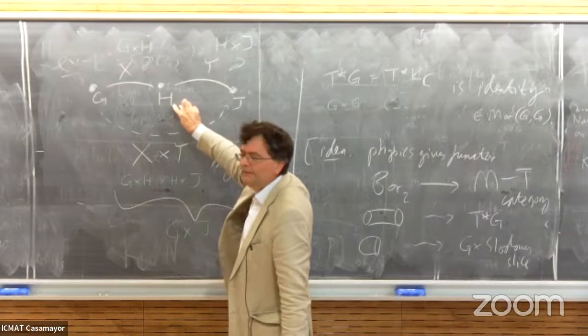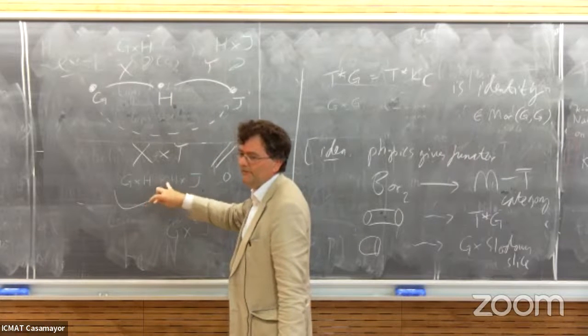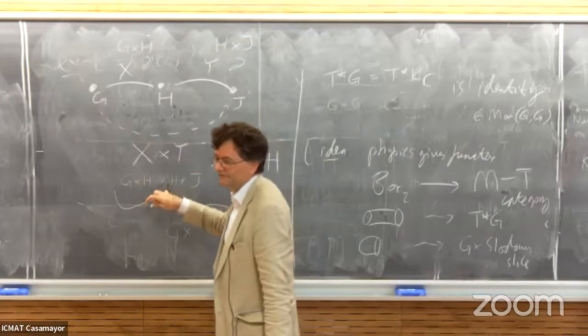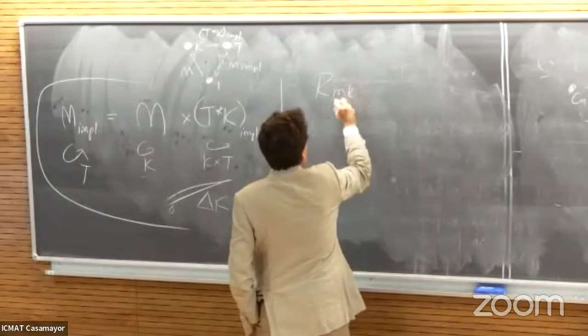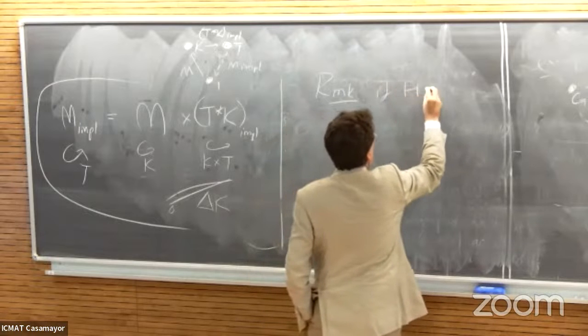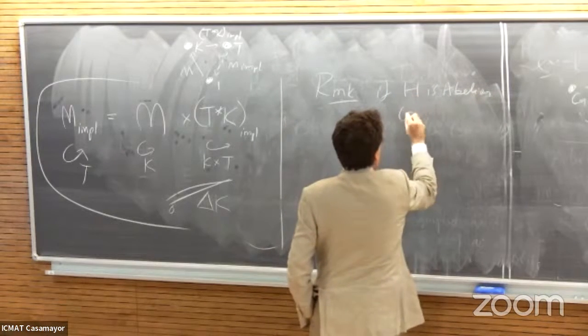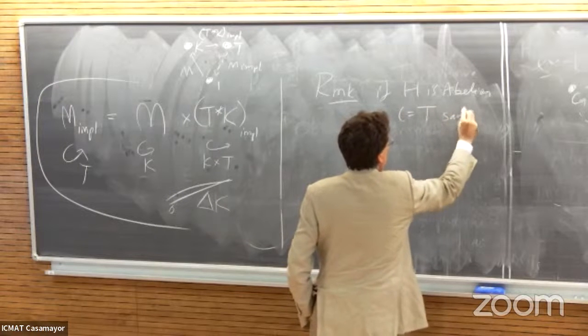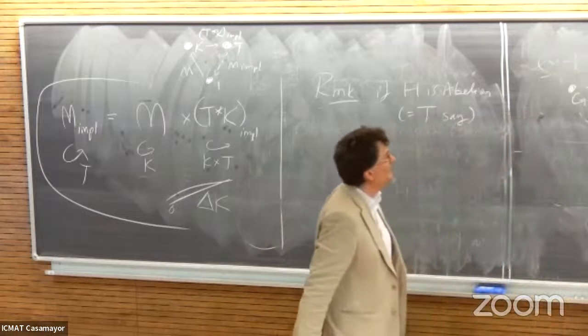But if the H were abelian, we pick up something more, then the other copy of H survives. So in particular, if it were equal to the maximal torus of K_C,